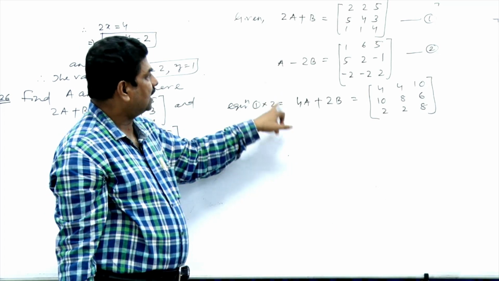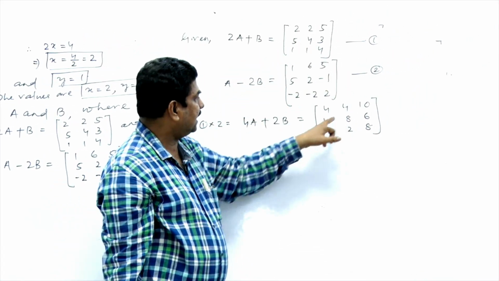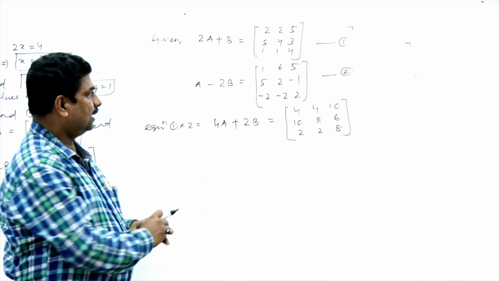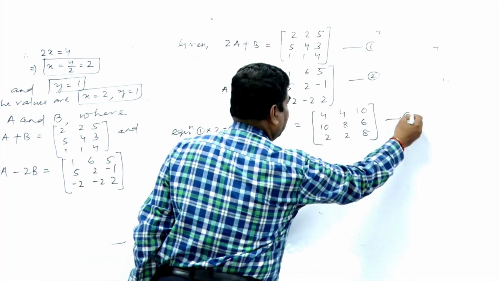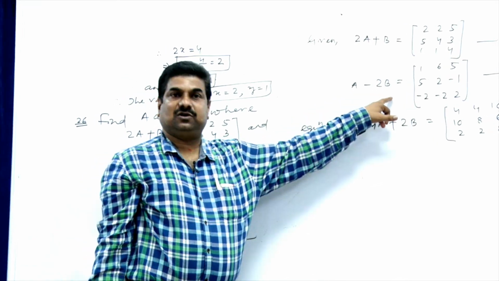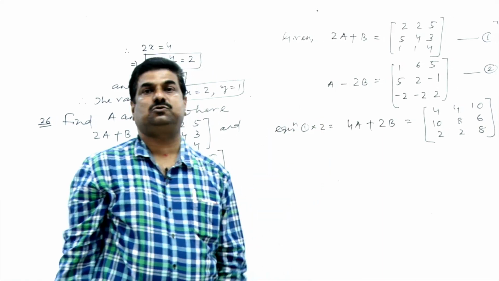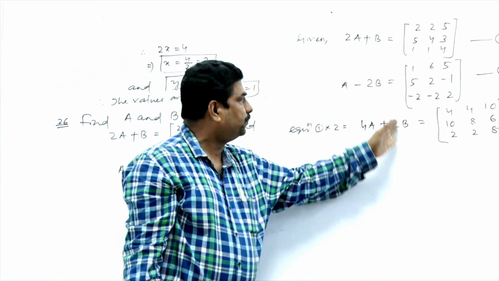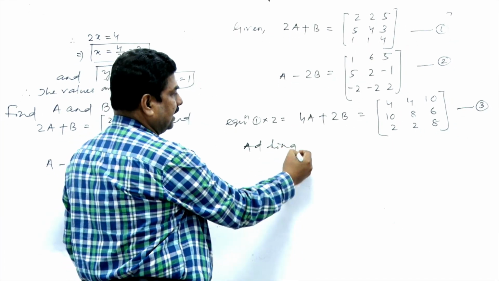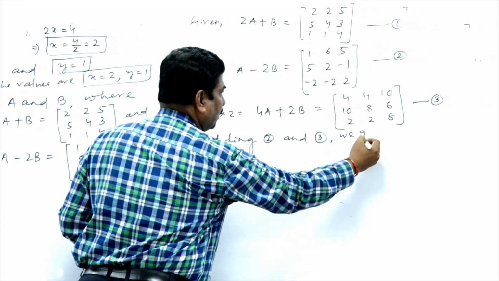Here you see, multiplying 2 on both sides, this reduces to 2 into the matrix 4 4 10 10 8 6 2 2 8. This is equation number 3. Here you see, this one is minus 2B, but this one is plus 2B. If you add these two equations, then the B term is cancelled out. That means adding equations 2 and 3, we get